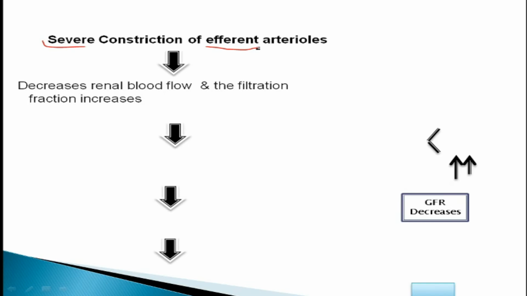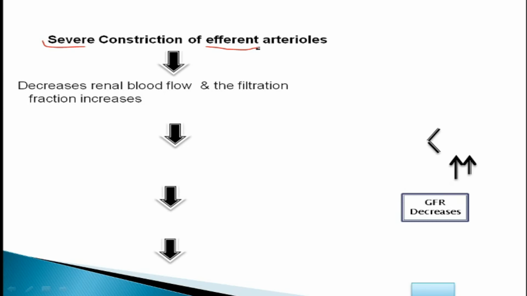This will ultimately affect the renal blood flow, as fresh blood will not be able to come, leading to stagnation of the blood in the glomerular capillary, which has no forward pathway and no fresh blood from the renal blood flow supply. And thus what will happen? The blood collected in the glomerular capillary will be filtered to its maximum extent, and so we can say that the filtration fraction will increase.